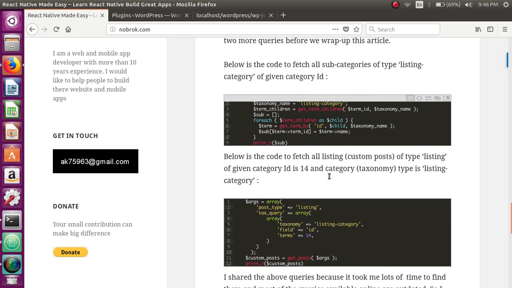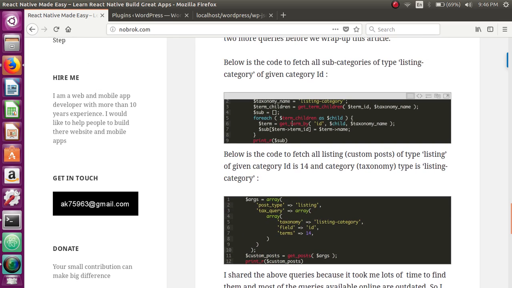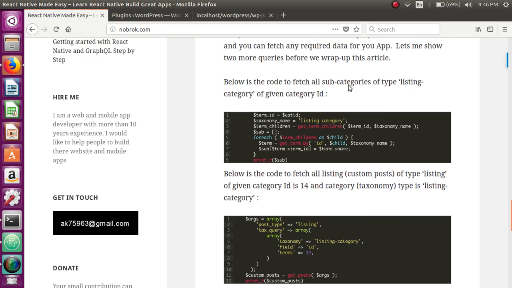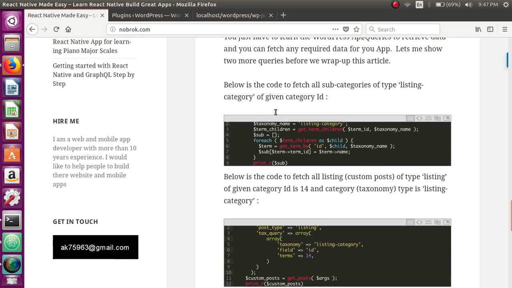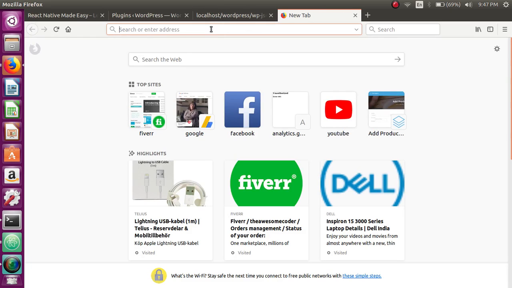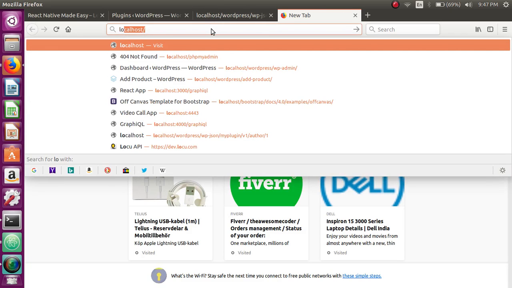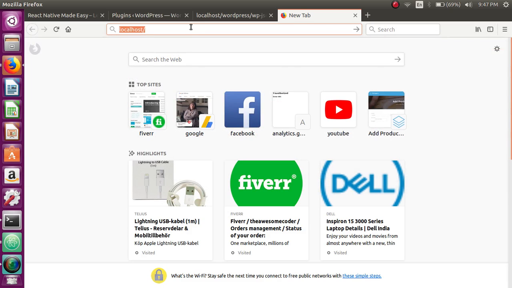In this way, here I have listed two more codes, and these codes are also of a similar type. This is for subcategory and this is for the listing. And I would also like to show you that I have created the